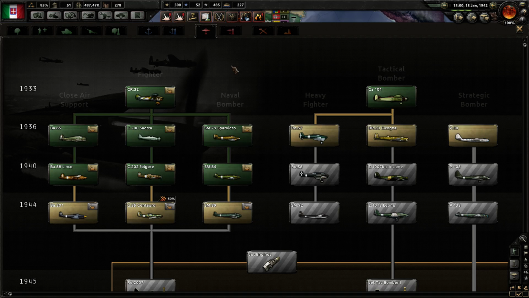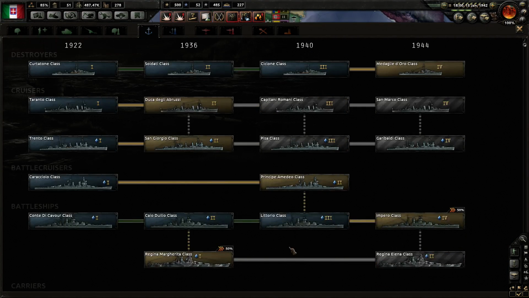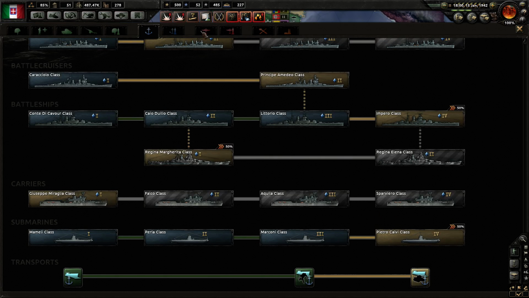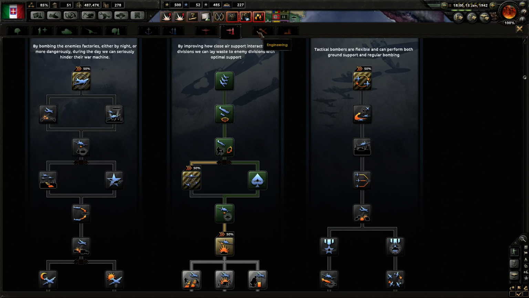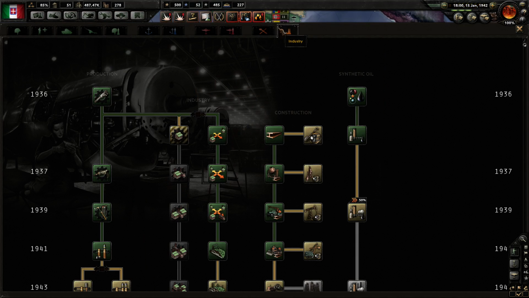How are we in tech over here? Oh, we are... Yeah, we're where we want to be. We could go and start going down the strategic bomber route in preparation for something with England, but I don't think that's that helpful. Did we get... We did get the new level of Marines. We could get more battle cruisers. I don't think we're going to go with super battleships. I don't think that's really our role, and we can't get the next level submarine yet. How are we doing over here? We've got all that. We are researching more...